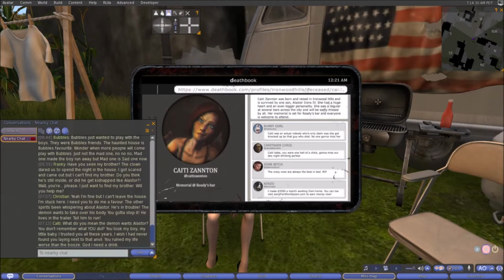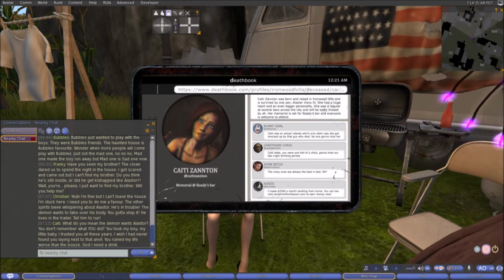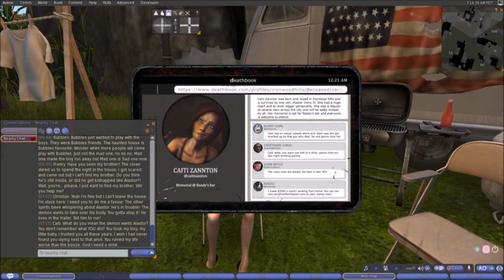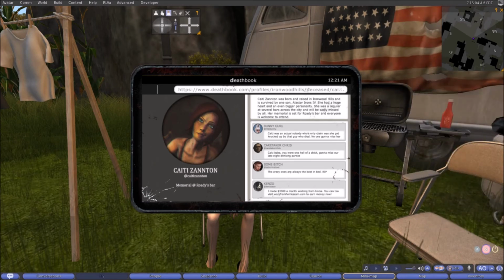Okay, we are out here with Katie. What do you mean a demon wants Alistair? Don't you remember what you did? You took my boy, my little baby. I trusted you all those years. I wish I had never found you, laying next to that anvil. You ruined my life. You ruined my life worse than booze. God, I need a drink. Okay, and that's what she said in local. Get rid of that. Katie